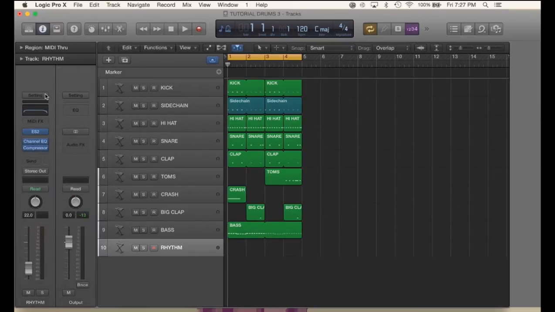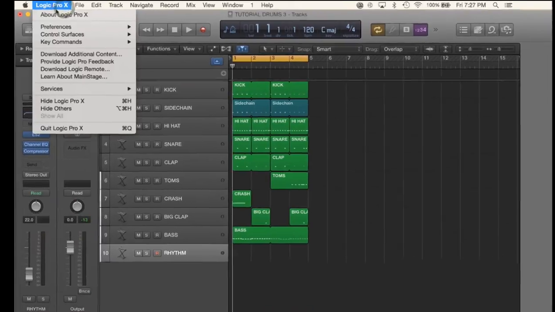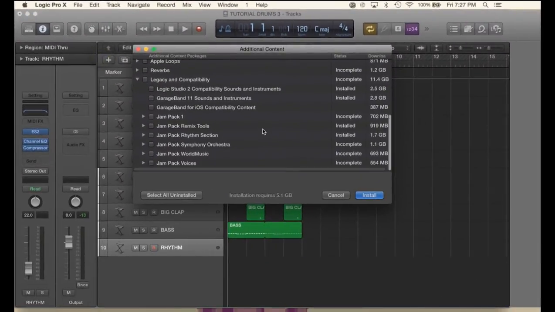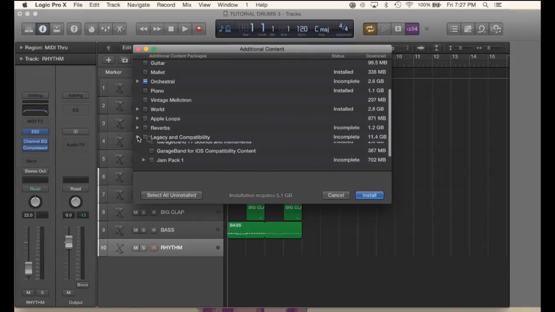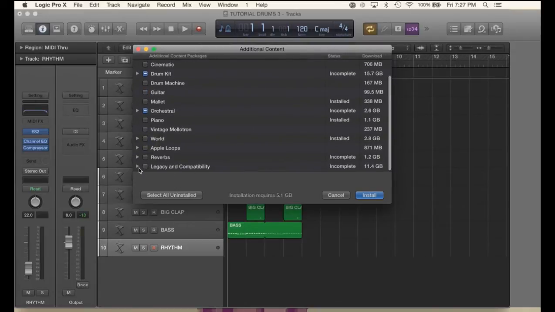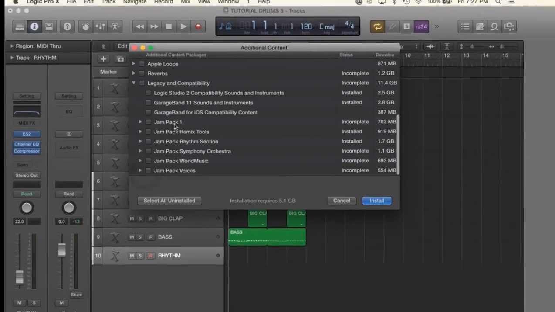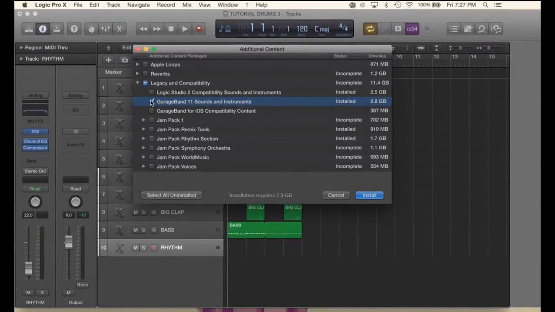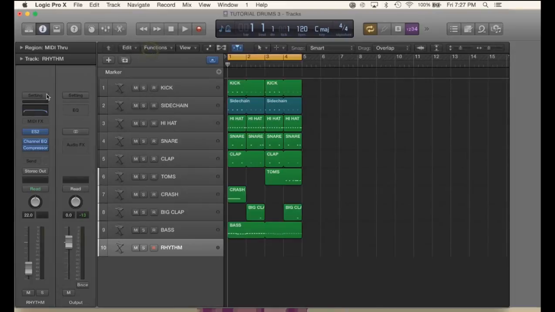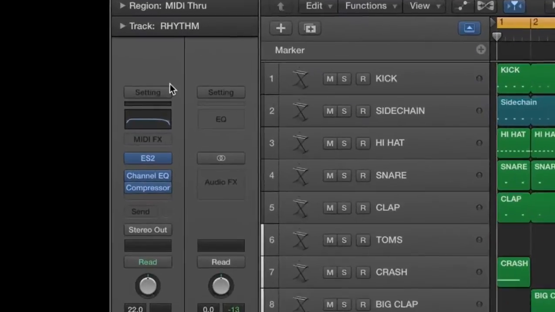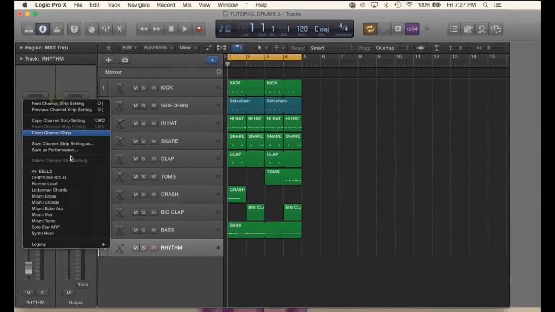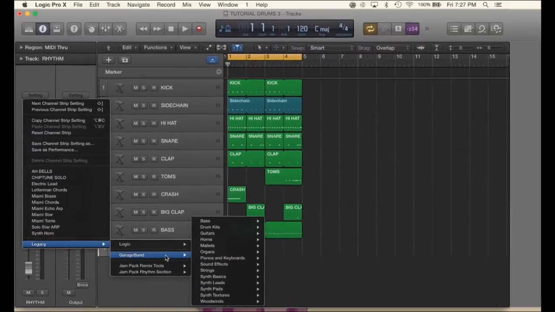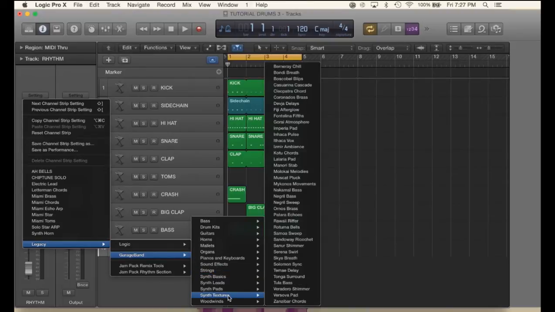To get this instrument, you may have to come up to Logic Pro X, down to download additional content. And then if you come down to the very bottom here in Legacy and Compatibility and open that up, you'll see GarageBand 11 Sounds and Instruments. So you want to check that and install those. And if you come up to the setting right here on our rhythm track and down to Legacy, we can access our GarageBand instruments. So I'm going to come over down here to Synth Textures, and you can use any